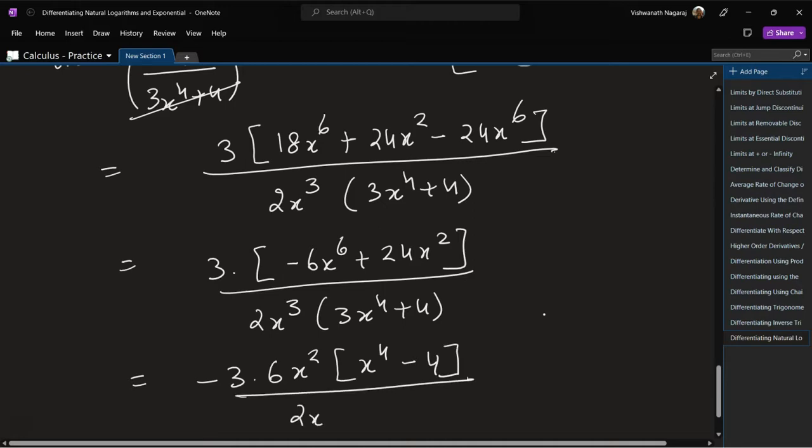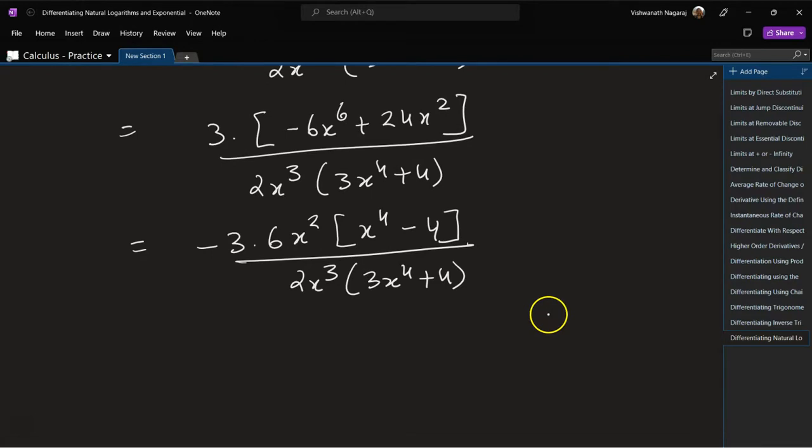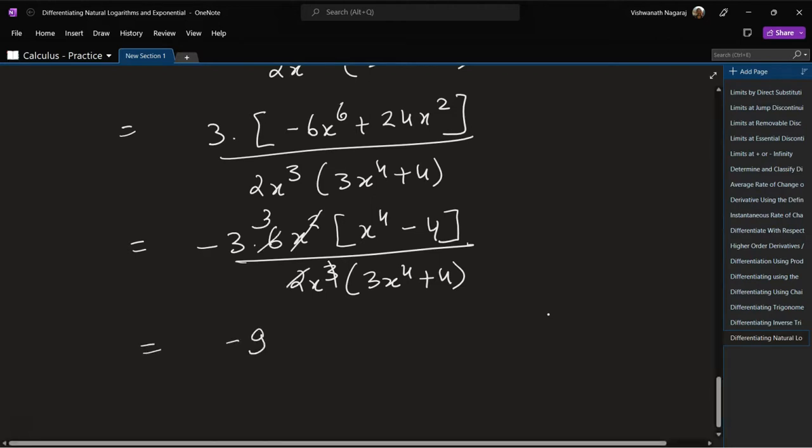So divided by 2x cube times 3x^4 plus 4, and now here x square and 2 of this will go out, 2 threes. So the answer is minus 9x^4 minus 4 divided by x times 3x^4 plus 4. Seventh one,